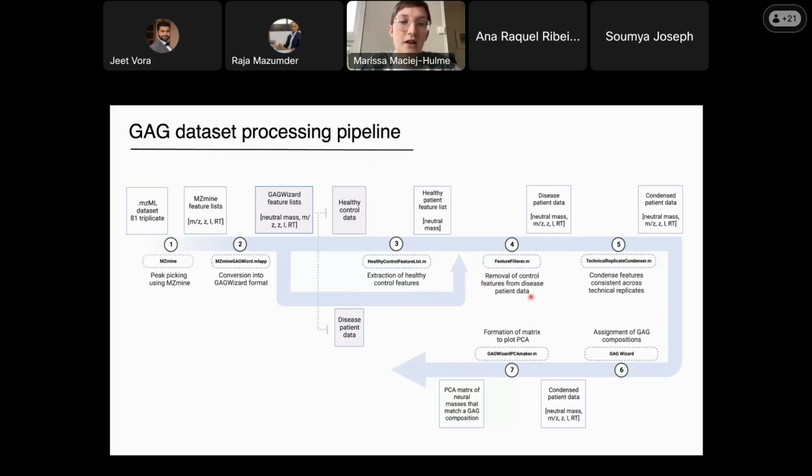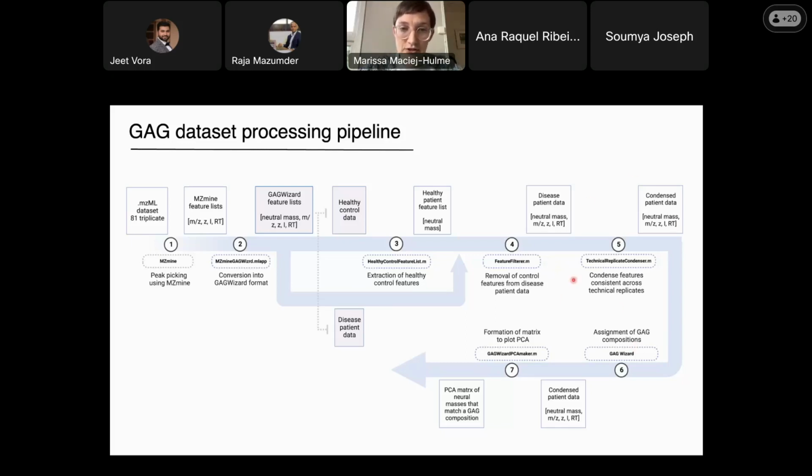So once we'd done this, we then condensed our data down. At this point, we had 3 separate runs from each patient, and we'd taken each sample to look to see if we had any injection variabilities or run-to-run variabilities. And then we also curated our data by looking at whether species were found in 2 of the 3 lists for each run for each patient. And if it was found in 2 or more, then it was kept on the list. If it was found in 1 run but not the others, then it was discarded.